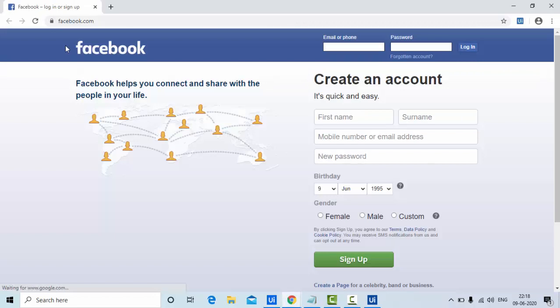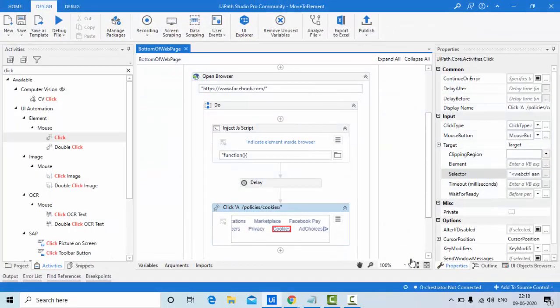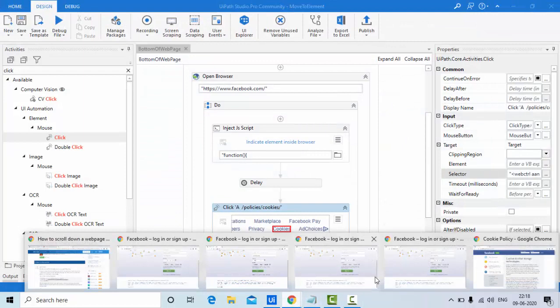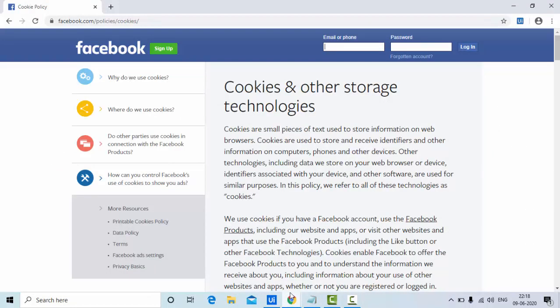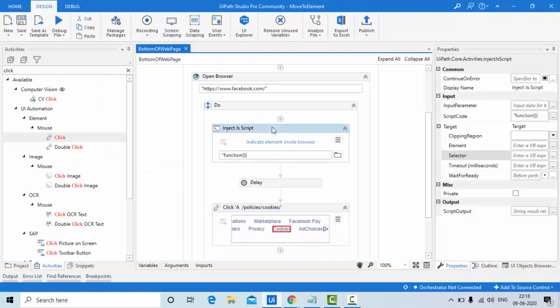Now it has invoked the web page. It should come to the bottom and here it is waiting for 10 seconds. Then it tries to click on that cookies link. Now you can see it clicked on this cookies. We got this cookies and other storage. So this is how we can use inject.js script to come to the bottom of a web page.